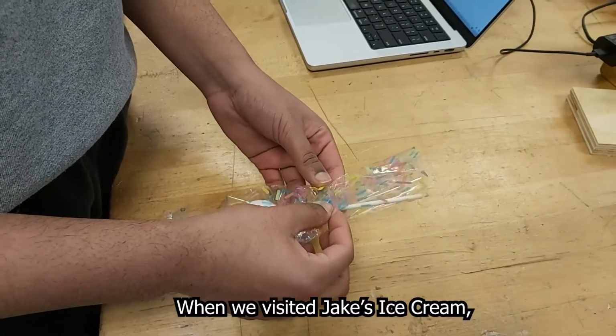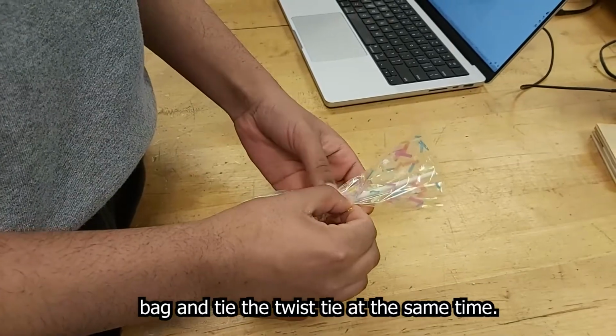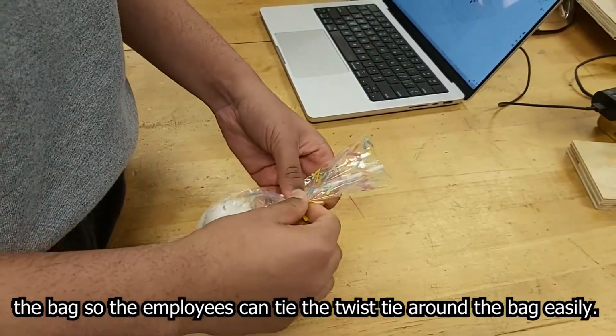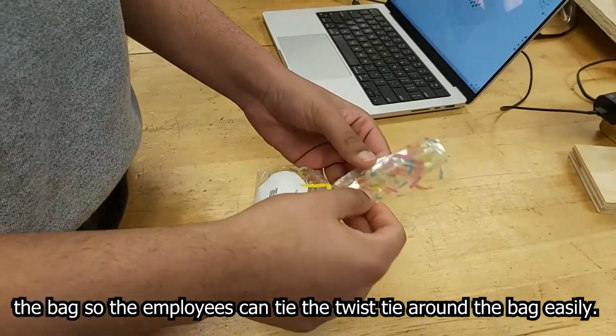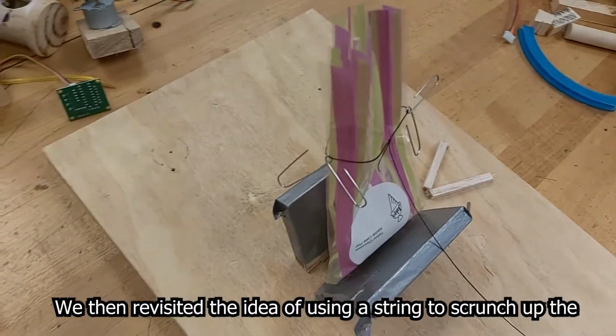We then noticed that the main problem is scrunching the cake pop bag. When we visited Jake's Ice Cream, the employees showed us that they could not scrunch the bag and tie the twist tie at the same time. Therefore, we decided that our device will focus on scrunching the bag so the employees can tie the twist tie around the bag easily. We then revisited the idea of using a string to scrunch up the bag